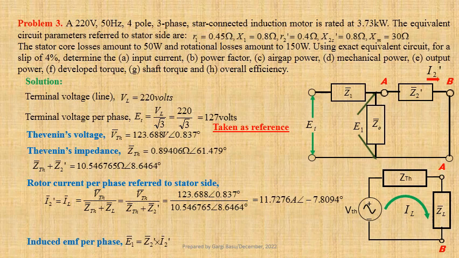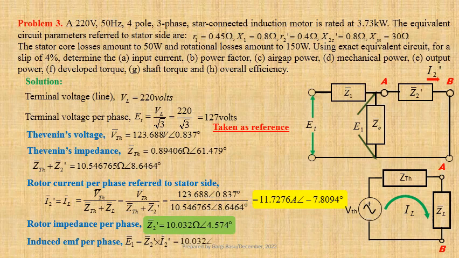We have obtained rotor impedance per phase referred to the stator Z2 dash equals 10.032 ohm at an angle 4.574 degree. Using values we get E1 equals 10.032 at an angle 4.574 degree into